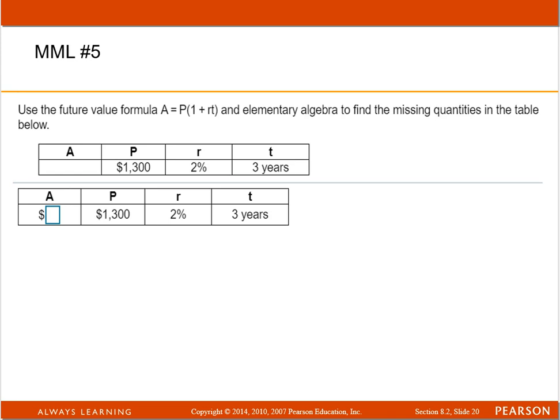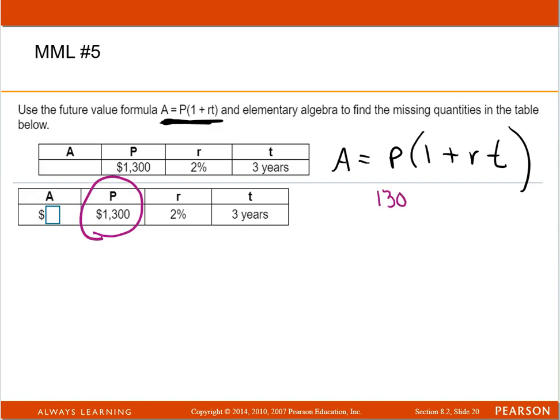Okay, so the next one wants you to use the future value formula, and they've given it to you right here, and elementary algebra to find the missing quantities. So A is equal to P times (1 plus R times T). And I look over here, and this time we're looking for A. They have given me the P, so I'm going to put 1300 right there. I'm looking for A,